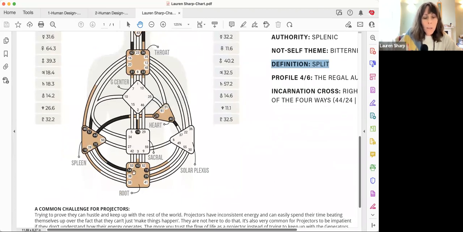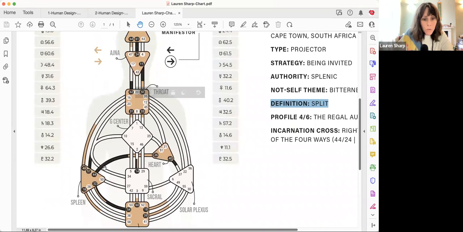Then I look around. Oh, okay, there's my root, 54 to 32. Let's follow that. Ooh, that connects 44 to 26. Okay, great. So I've got nothing to bridge. If I had another gate that was linking to the throat, then I would be able to track this whole flow of energy. And Human Design would call that flow single. It's a single flow. It flows.